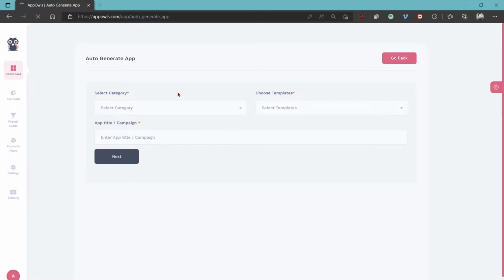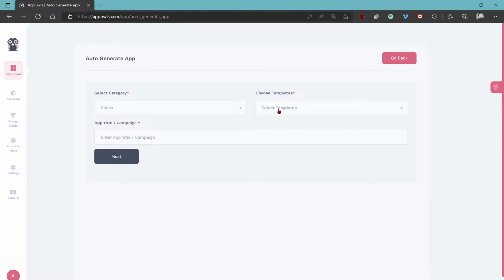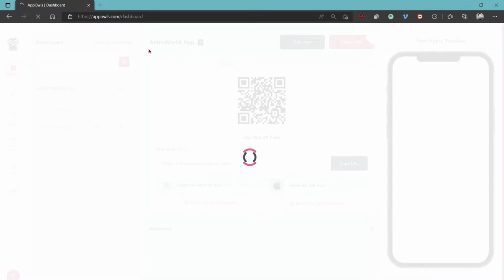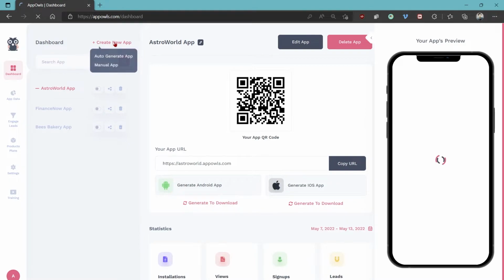All you have to do is select a category, then choose one of the given templates for that category, give it a title, click Next, and it'll be generated for you. Then, of course, everything is completely customizable thereafter, so this can save you tons of time. For this demo, though, we're going to create an app manually. So let's go back, select Manual App,